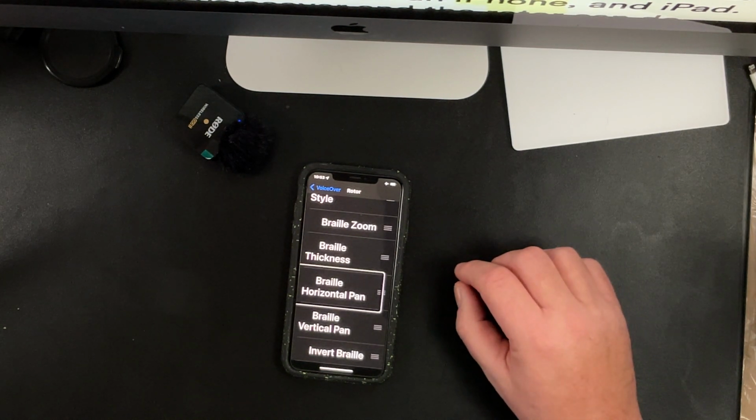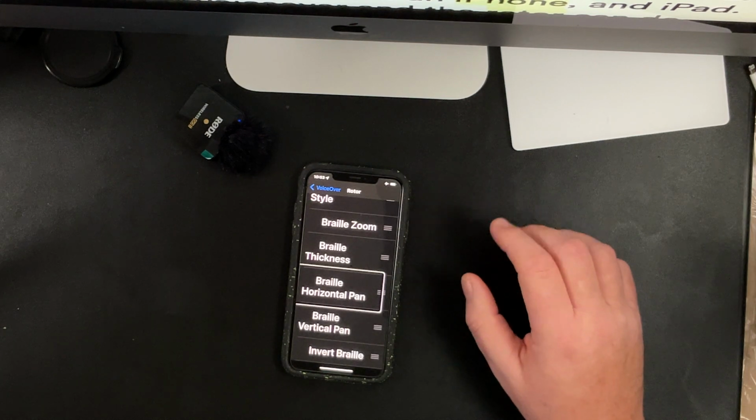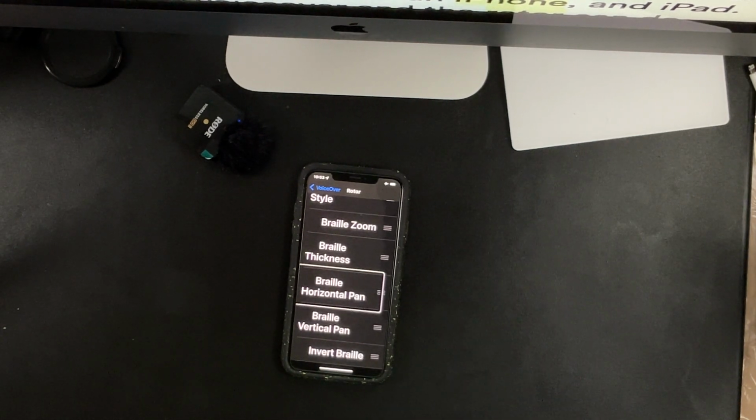I had languages activated, and I selected different languages for different spoken content. And by that, what I mean is I selected a different voice for French, and a different voice for Spanish, and a couple of different voices for English. However, what I discovered was carrying my phone around in my pocket, sometimes the Rotor would get turned on just because I'd stick my hand in my pocket or whatnot and brush it the wrong way, and it would select a different language. So then when I would go to pick up my phone and check a text message or an email, it would speak with the selected voice and language, which, hey, if you're multilingual, that may be a